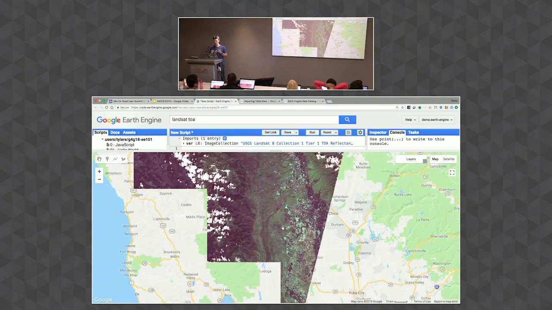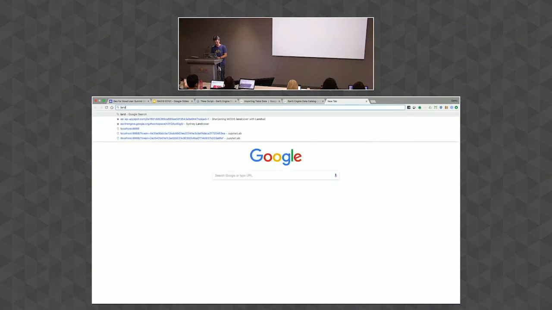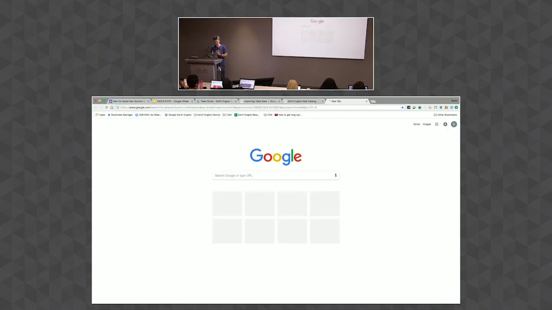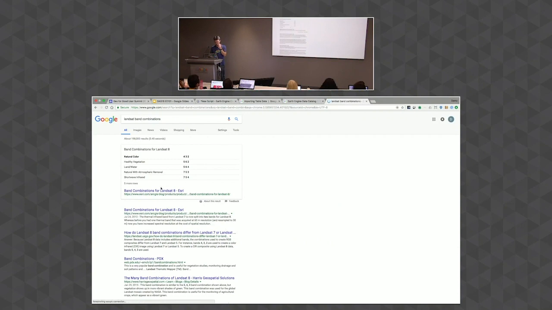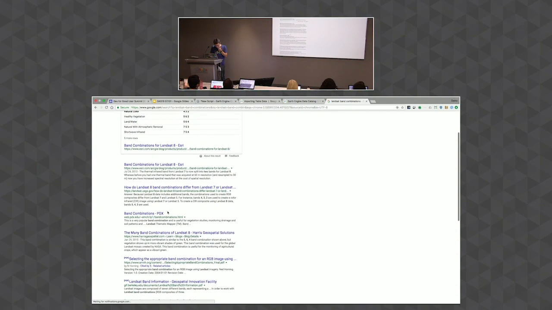If you can find a particular combination of spectral channels from the Landsat sensor and map them to certain color channels, it makes properties stand out dramatically. And depending on the combination, the different properties stand out differently. So if you ever look at Landsat band combinations, I'm going to just search Google for that. There is a bunch of these on here. The one that I like, if I can find it on here,